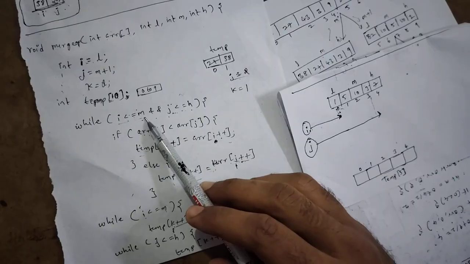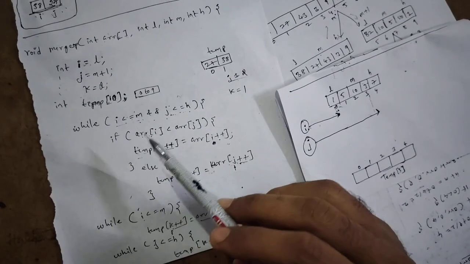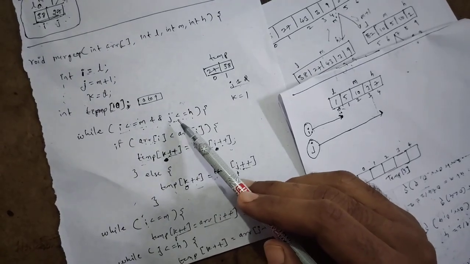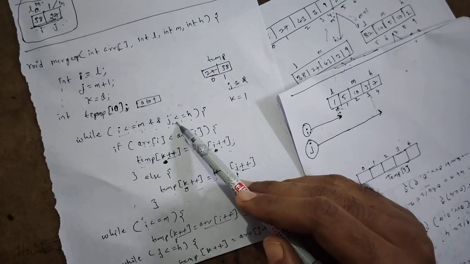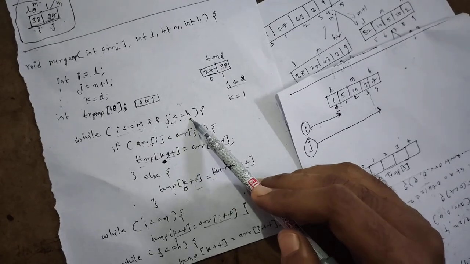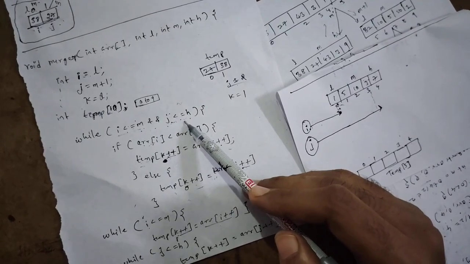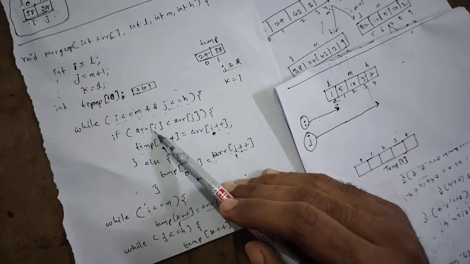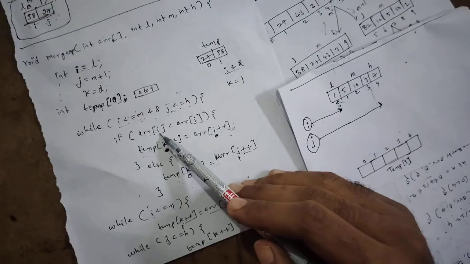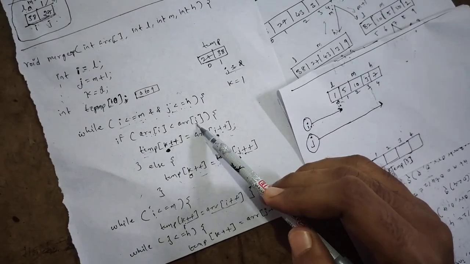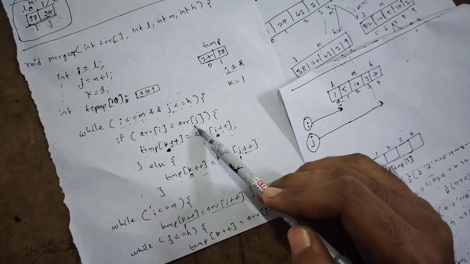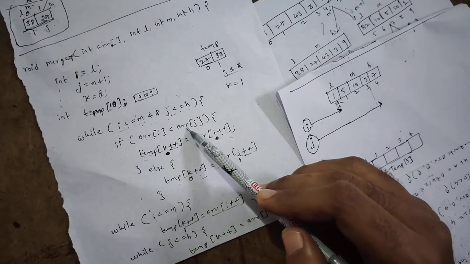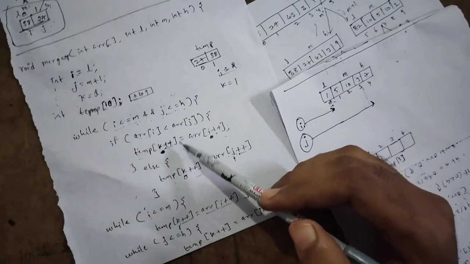i less than or equal to m, right? 0 less than or equal to 2, right? And j less than or equal to h. 3 less than or equal to 4, it's also right. So compare array of 0 less than array of j. j means 3, array of 3. 1 less than 3, that is right. So print